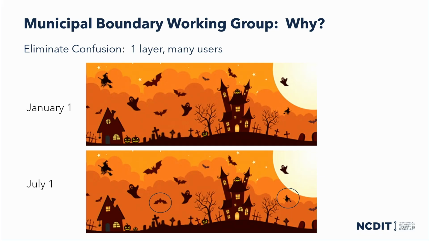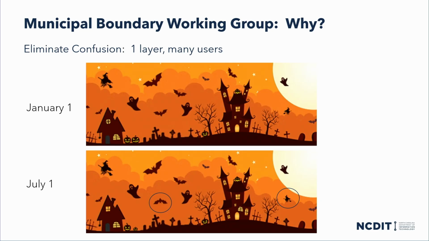So Colleen is sick, but she had this visualization. I thought it was a good one, so I stole it. You've got these two pictures. They look a lot alike. It's kind of like looking at your local boundaries. So the top picture is your BAS boundary. That's what your boundaries look like on January 1st. The bottom picture is the boundary that the state demographer needs for July 1st. They look pretty similar, but one bat is now upside down and one witch has turned around going the other way.